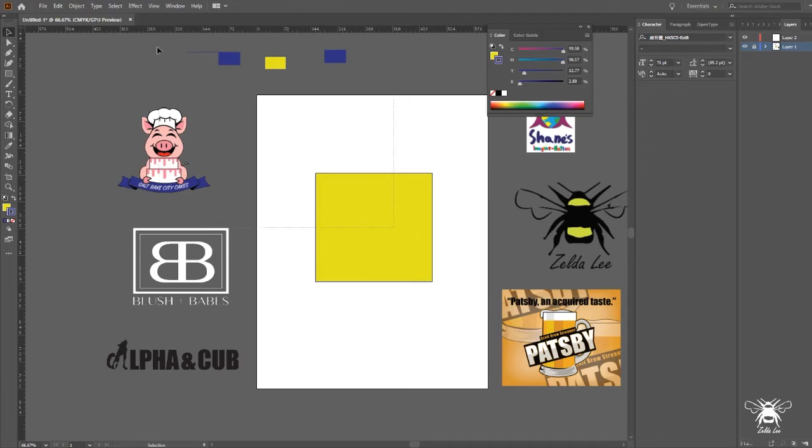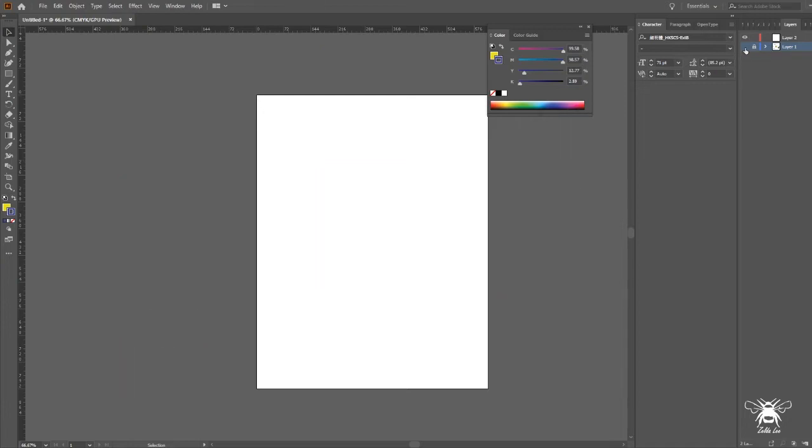So that's kind of a safety thing you can use if you're using multiple layers, because if all your layers are unlocked, even if you're working on layer 2, you could accidentally make adjustments to layer 1. So if you don't want to make any changes, make sure your layers are locked. You can also hide your layers. So if you click on this little eyeball right here, the toggle visibility one, you can click on it and